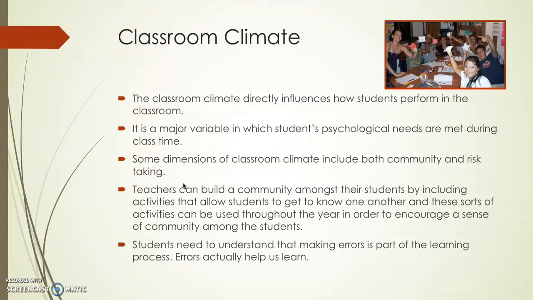The risk-taking element of the classroom climate has to do with the amount of confidence a student possesses. It is built on a person's beliefs about errors and what they mean, as well as the reaction of the student's peers. Students need to understand that making errors is part of the learning process, and they actually help us learn. Teachers should make this clear at the beginning of the class and reiterate it often to set the classroom norm for reacting to any sort of error. A big part of a positive classroom climate is setting up the social norms that promote respect for other people's ideas.